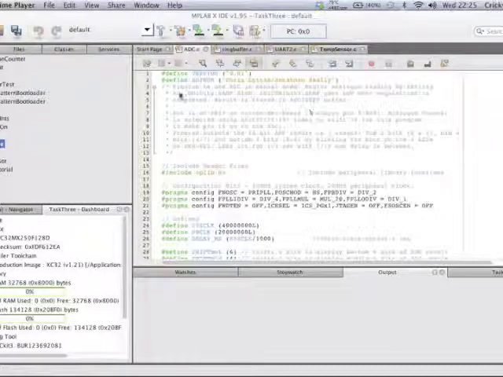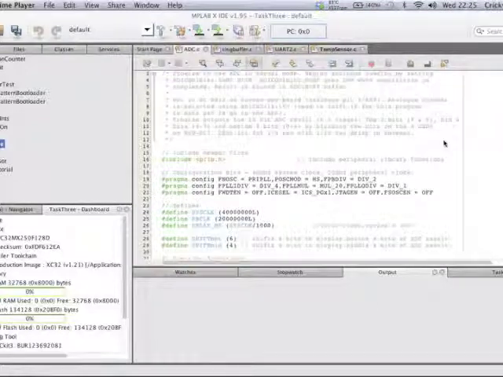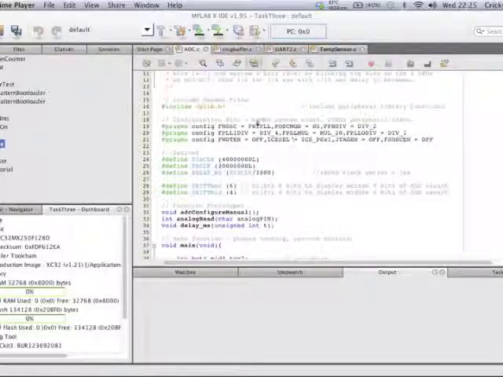There's a quick explanation here that you can see on the screen in the comments at the top there, just telling you how the program works. I sort of spoke about that. Just to move on into the code then, we've included plib.h where our peripheral library functions are, and this basically loads up any other header files that we need, int.h or